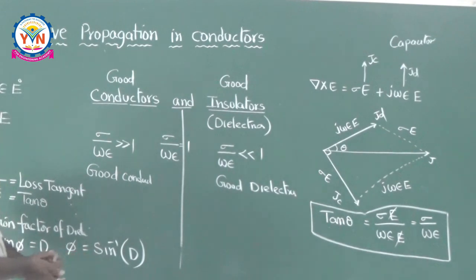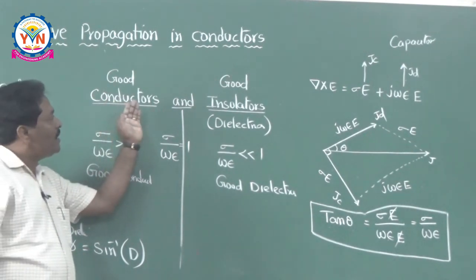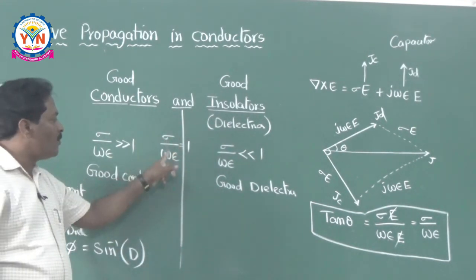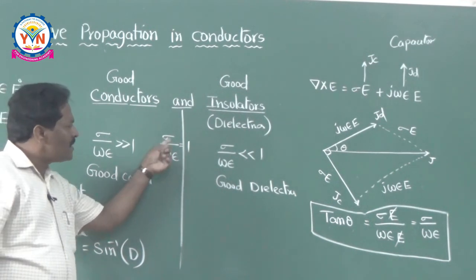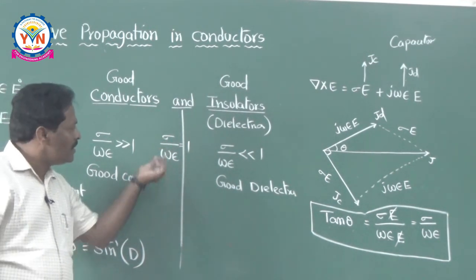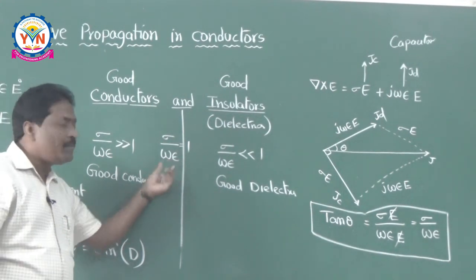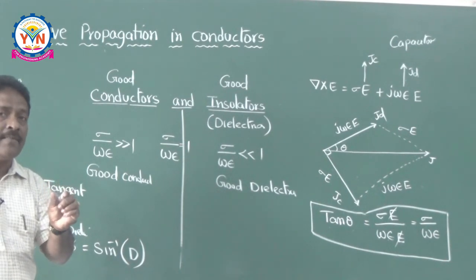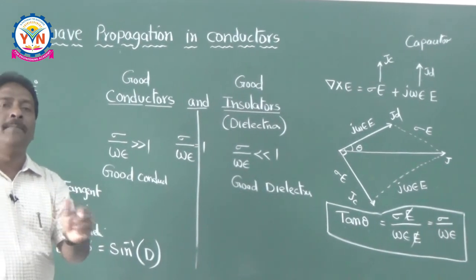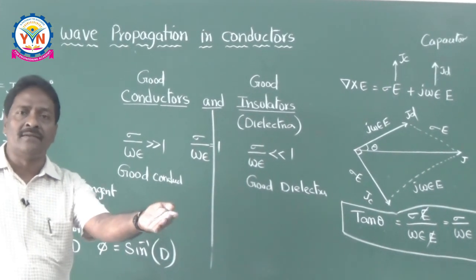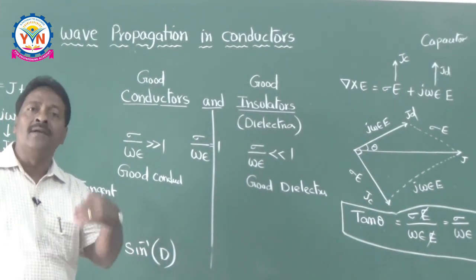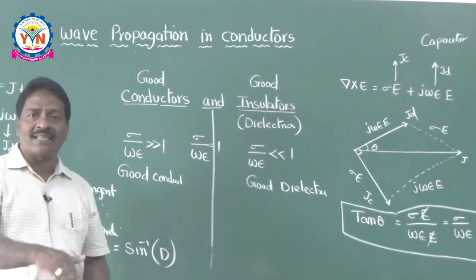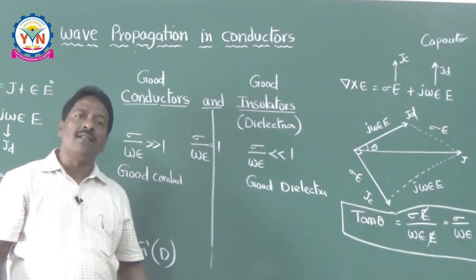That's why, for classifying the medium into good conductors and good dielectrics, initially you have to calculate sigma by omega epsilon. And listen here, sigma by omega epsilon means what? Sigma means conductivity and epsilon means permittivity. I already told you in the previous classes that a medium is characterized by three parameters: epsilon, mu and sigma. Based on these values, you can say which medium it is, whether the medium is free space, an ideal conducting medium, or otherwise a good conductor or good dielectric, because in the next classes we are going to see wave propagation in all the mediums.